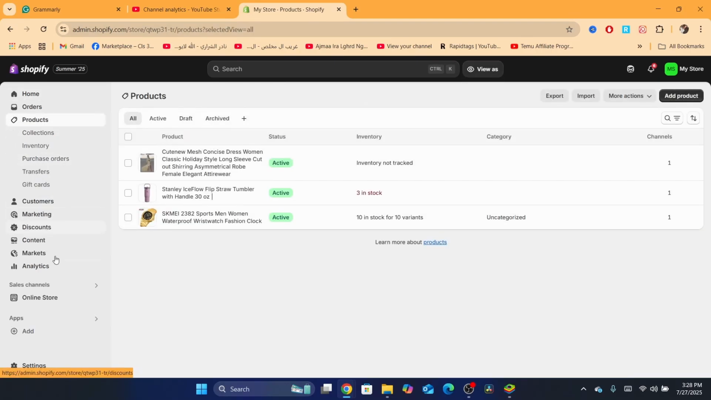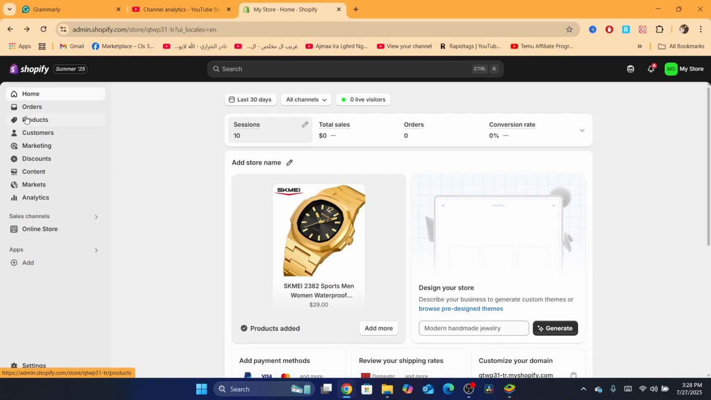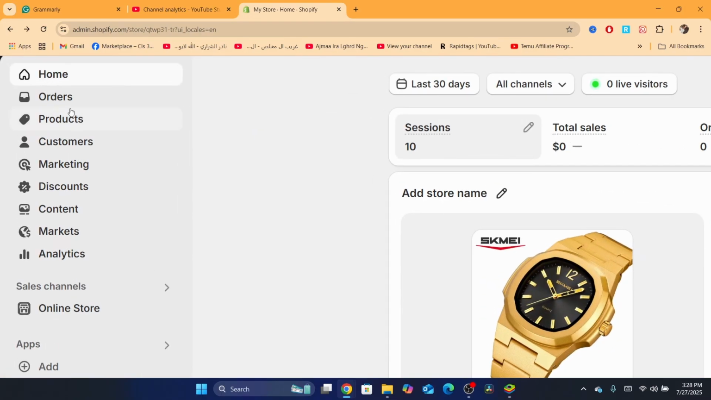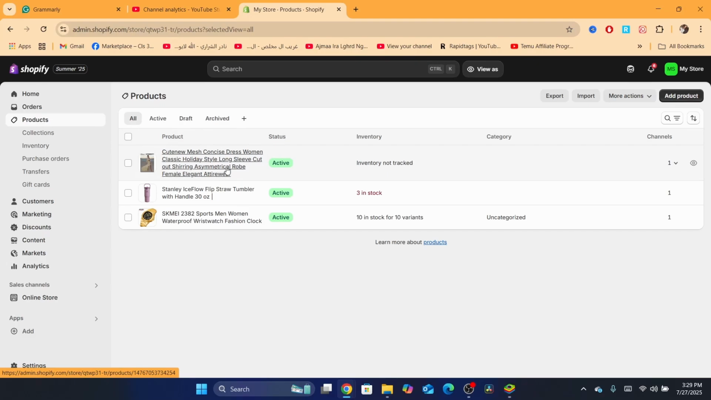Now what you guys need to do is you just need to log in first into your Shopify store, okay, and you want to click on products, okay. So after you click on products, as you can see I have like 3 products here. Now you just need to click on the one that you want to add variants to. I'm going to click on this one